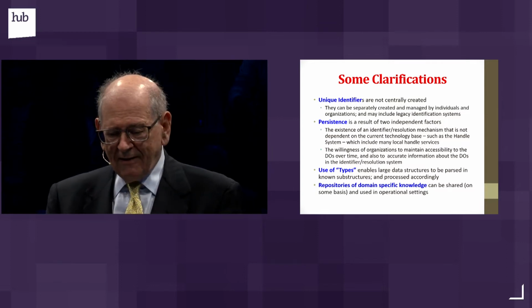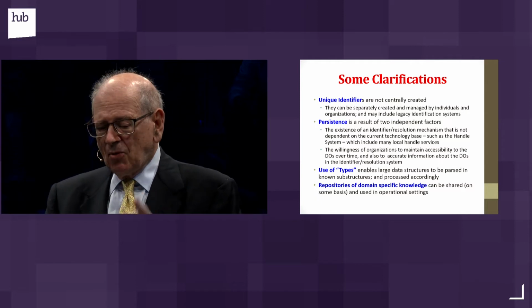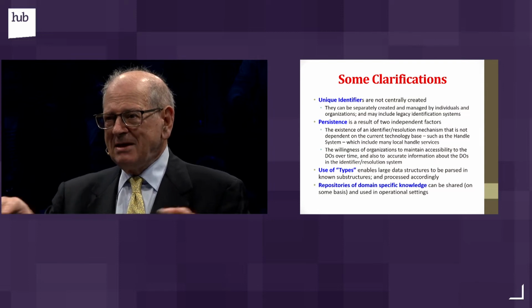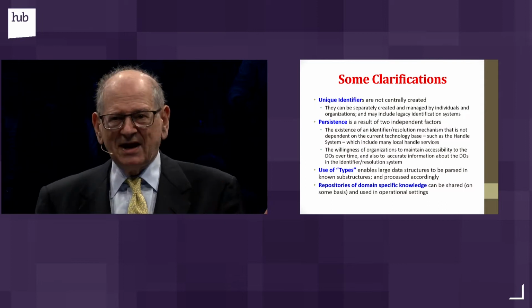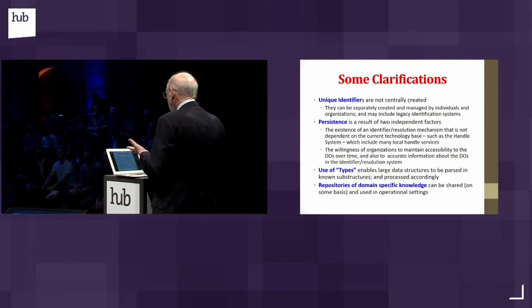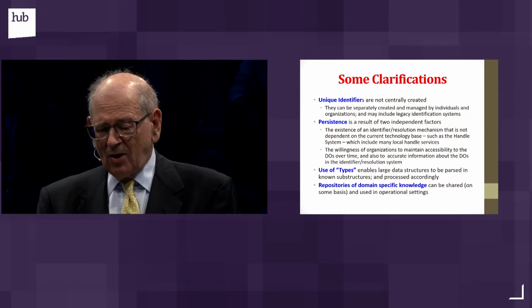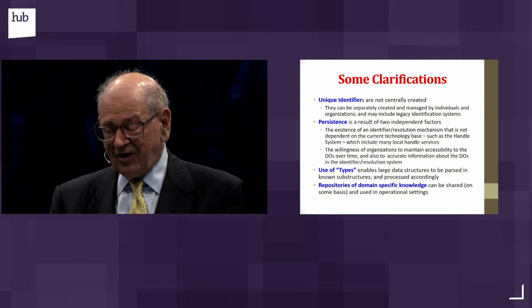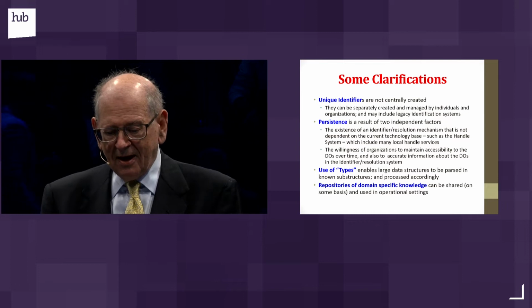Now, I purposely didn't say persistence, but one of the things that people are really concerned about, especially when identifiers get embedded in lots of systems, CD-ROMs and the like, is that you could have millions or billions of identifiers stored around the world, and you don't want them timing out. If you look at the web, in the early days of the web, the URLs would break every few years. The half-life was maybe something like 5 years in the early days. I'm not sure what it is today.